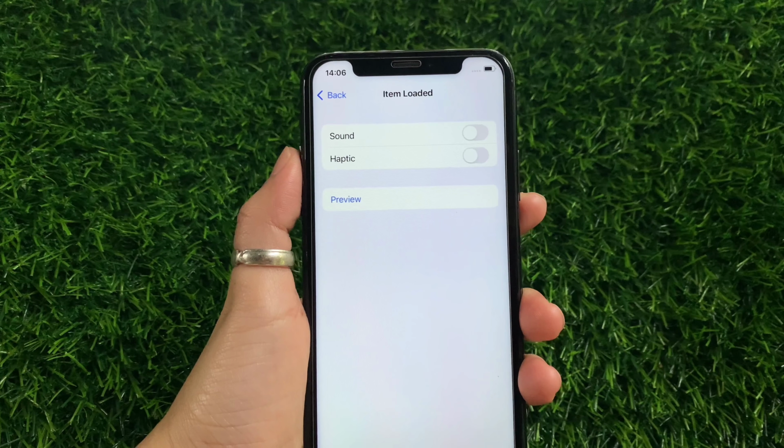Then after that, in the voiceover, scroll down again and then tap the audio. Then in the audio, tap the sound and haptics. Then in the sound and haptics, scroll down again and go to a feedback section and then tap the item